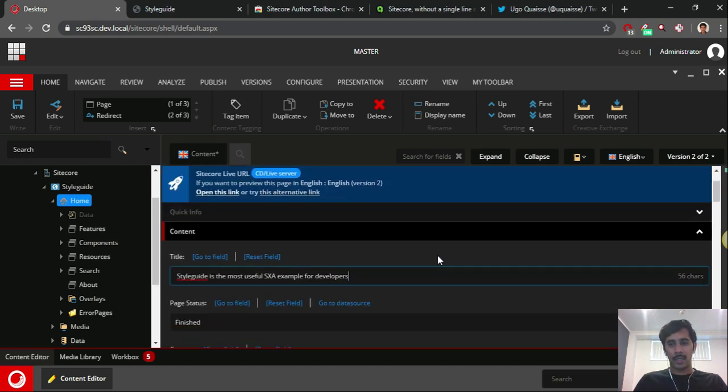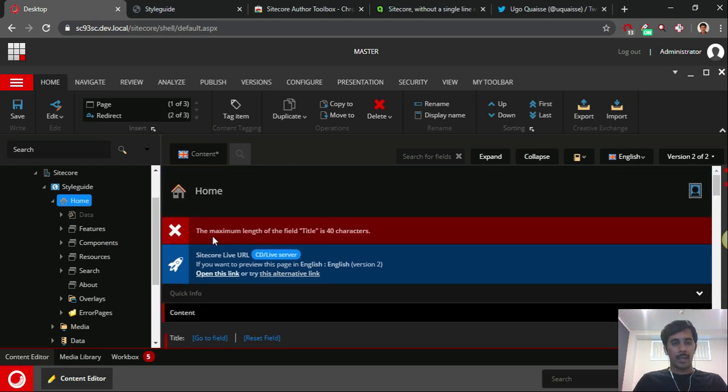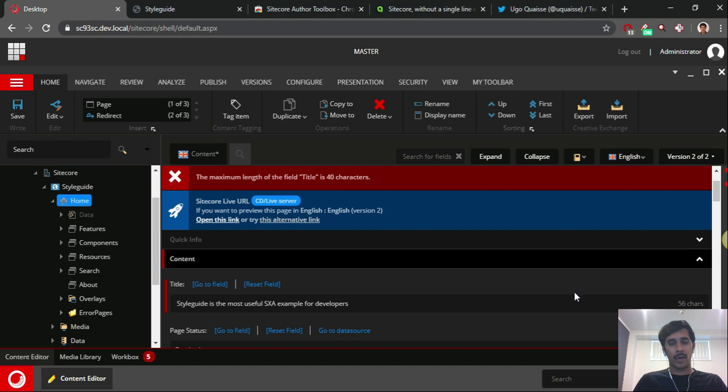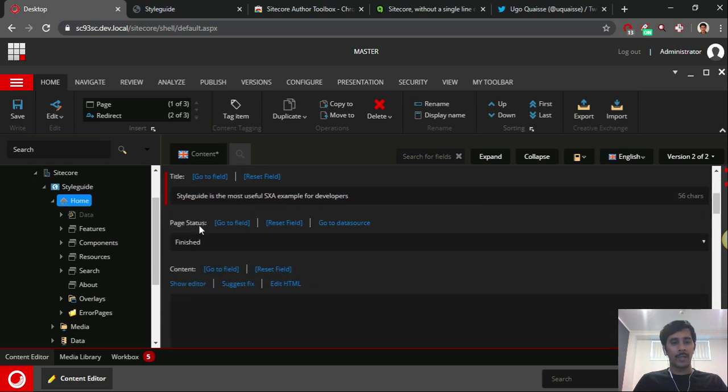And next option is, just imagine if I'm tabbing out, there is a message, which is called dynamic messaging. As I said, I already set a 40 characters limit, so it is now showing the maximum length of this field is 40 characters. And also I've added required field validation for page status.